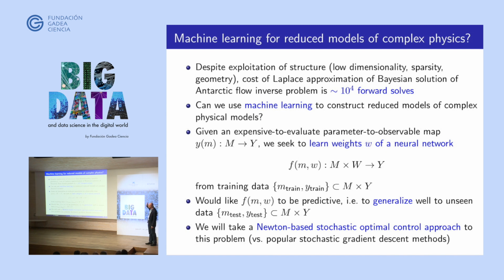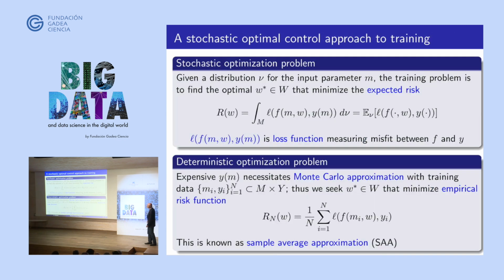So what we're going to do is take a Newton-based approach, which really comes from the stochastic optimal control world, where one can think of the neural network as a system that one is controlling. It's a propagation of information from inputs through many layers to outputs, so it can be thought of as a dynamical system, and one can compute adjoints. In fact, that's what backpropagation is, but higher order adjoints as well. The same sort of technology that was used for the Bayesian inverse problem, we want to use it here. Because after all, training a neural network is an inverse problem, and one ought to, in my opinion, approach it as an inverse problem.